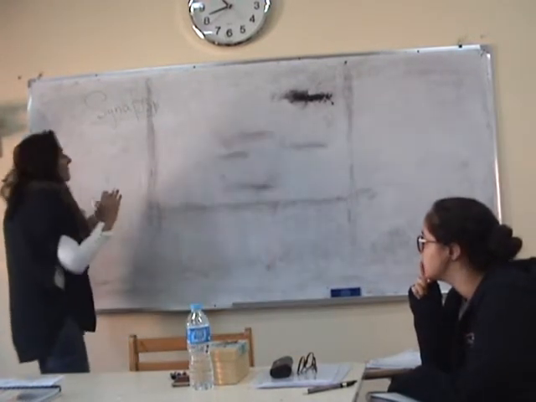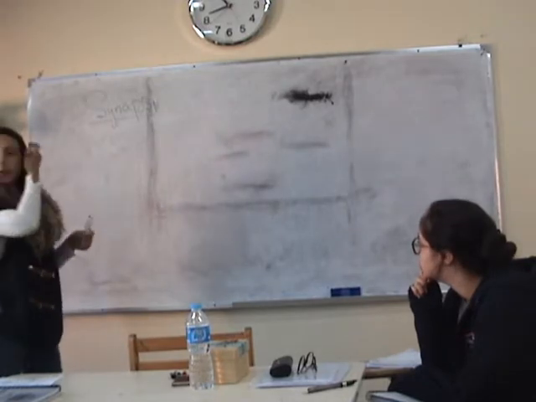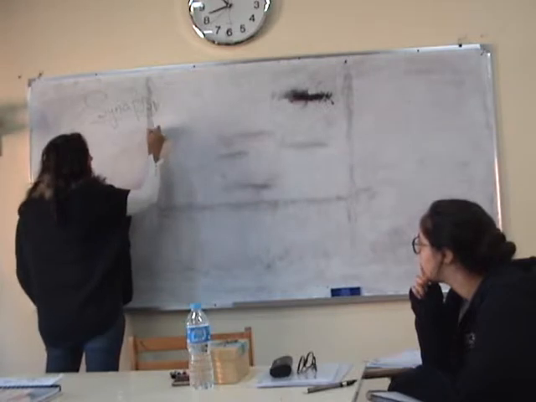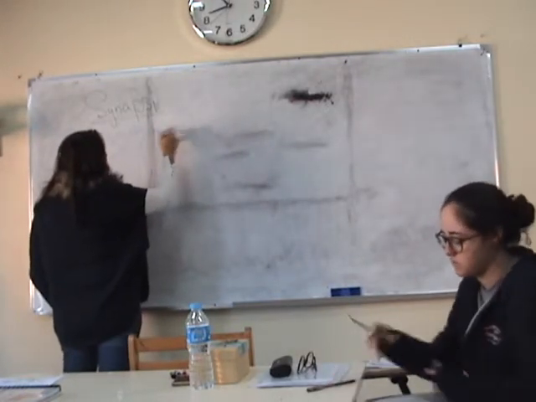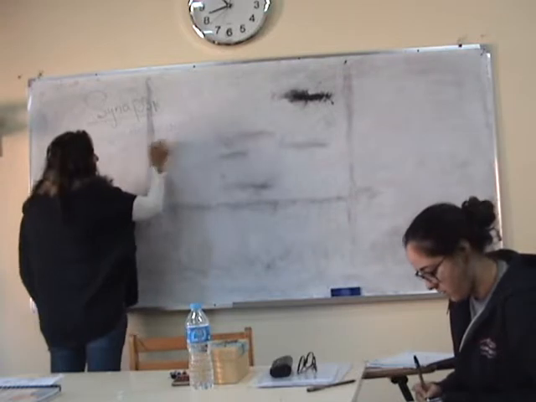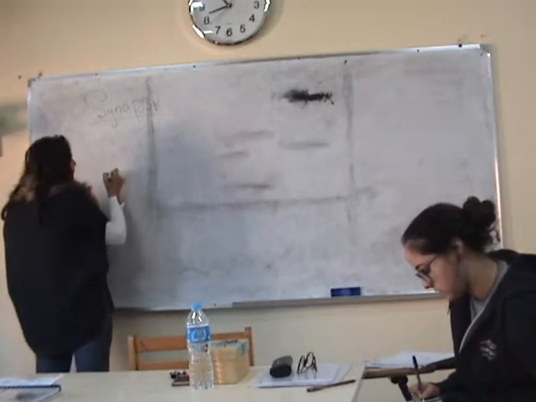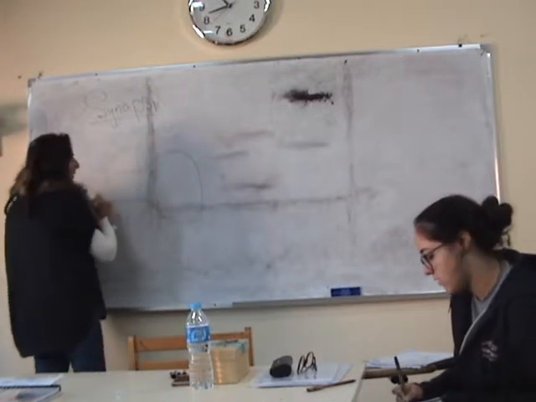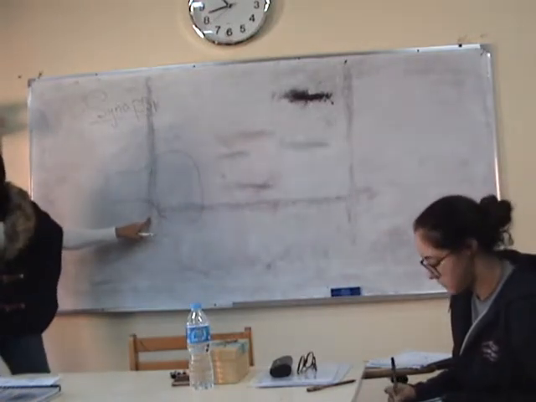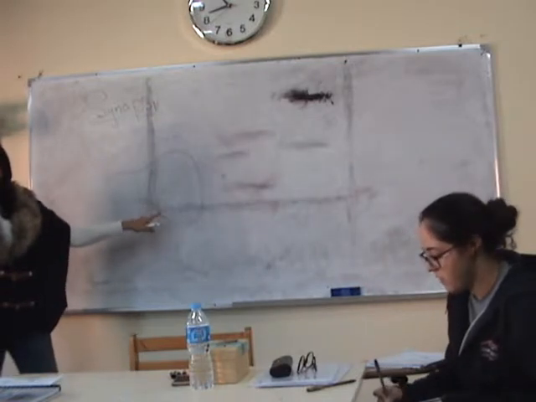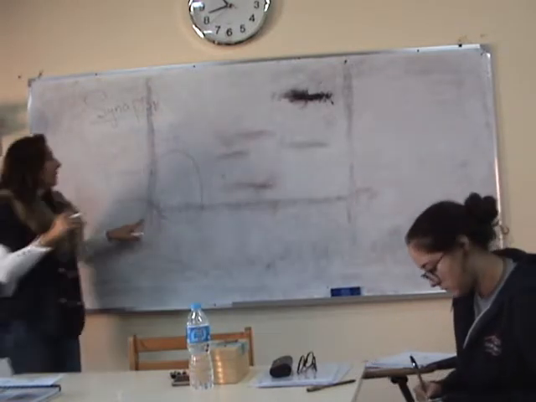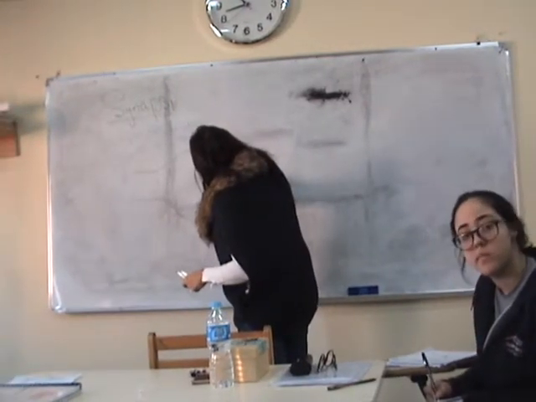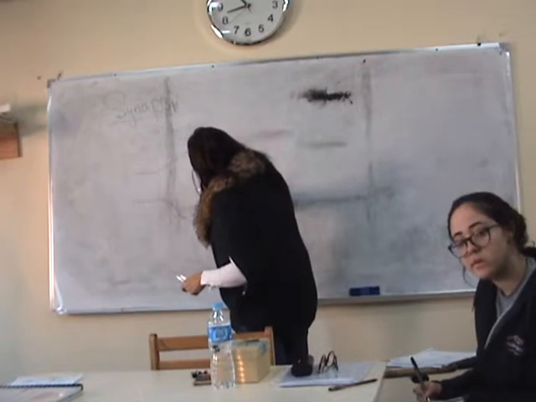A synapse is made of 3 regions. The synapse includes the presynaptic knob. The presynaptic knob is the ending of the presynaptic neuron. Okay? And the ending of this neuron has a lot of vesicles that contain